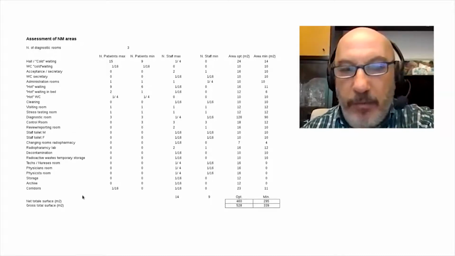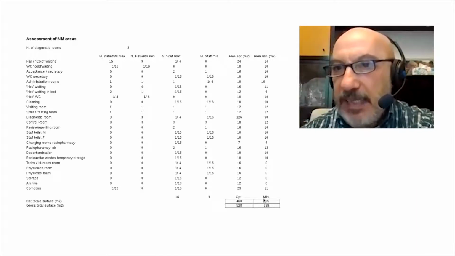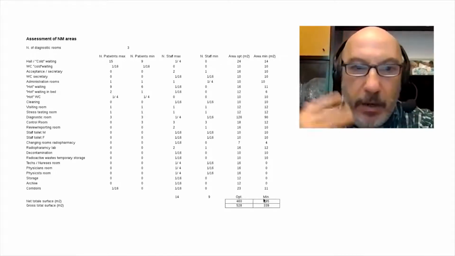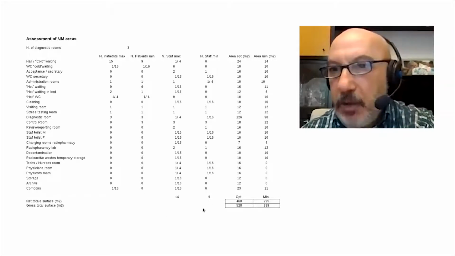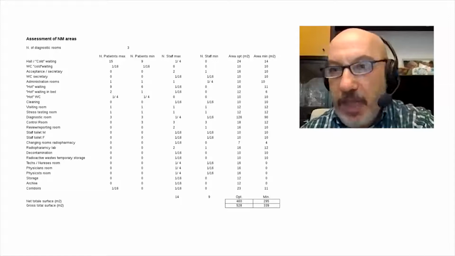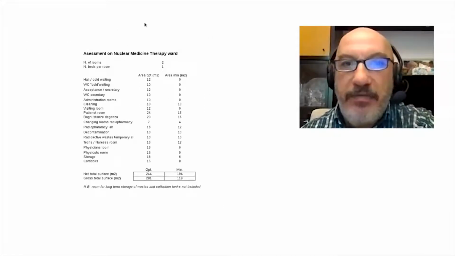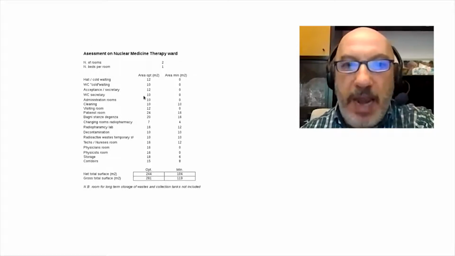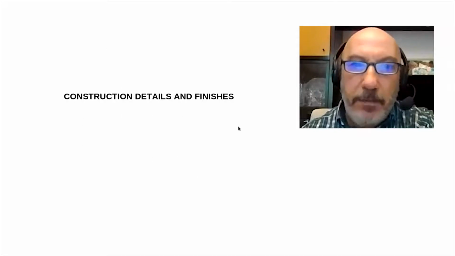Summing all of these aspects allows you to make, let's say, a general forecast of the spaces necessary, and this can be useful in order to clarify the concept while discussing with engineers and architects in the design phase. And this also applies with the specific parameters and requirements to therapy wards.